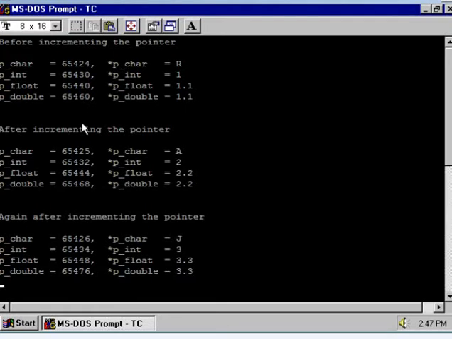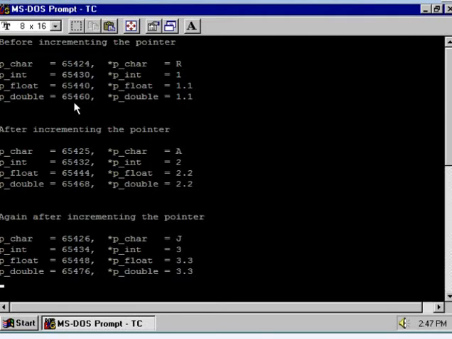Hence we get the next memory location, 65444, and that is why pfloat will point to the next element of the float array, that is 2.2. The previous value was 1.1 and the next one is 2.2. The content of the second element of the float array is now 2.2. Is it clear?